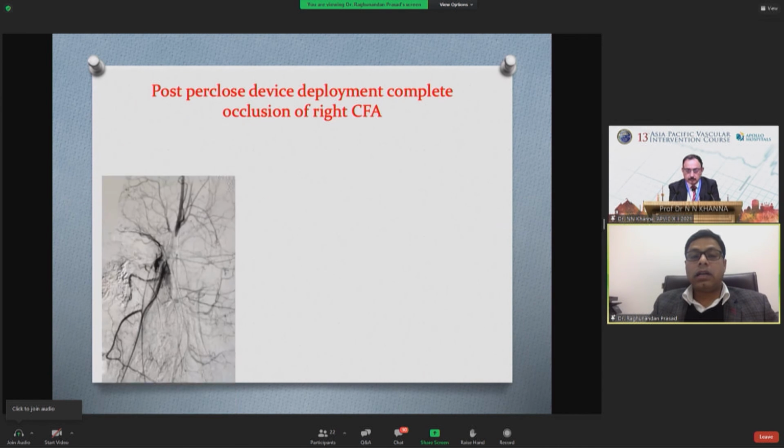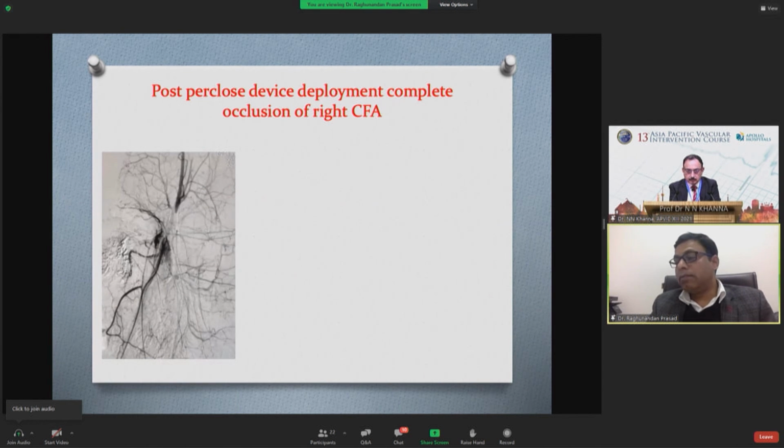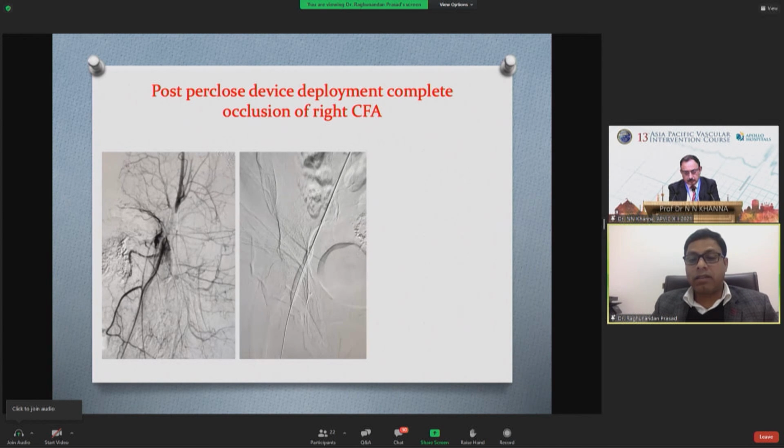This was a 28-year-old lady who came with ABM uterine, ABM post D&C. We did the uterine artery embolization and closed this puncture site using the Perclose. But after 28 days, the patient returned to us with claudication, and we found this complete occlusion. We tried endovascular salvage, and you can see in this case this complication happened because we had a higher puncture. It was just at the level of or above the inguinal level, and that's why the angulation of the foot plate was not